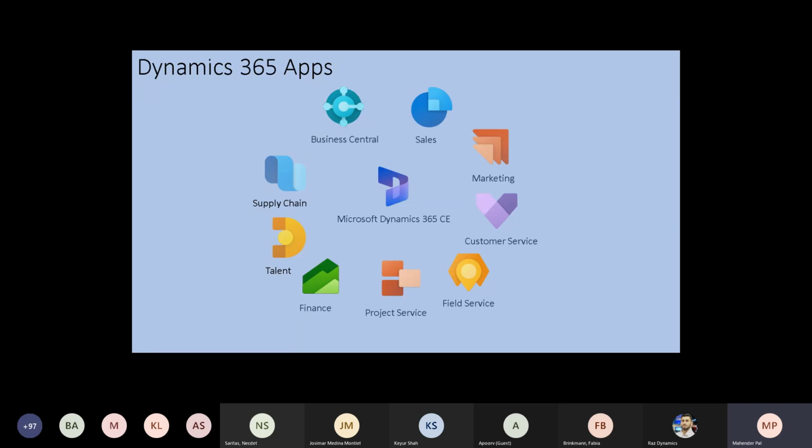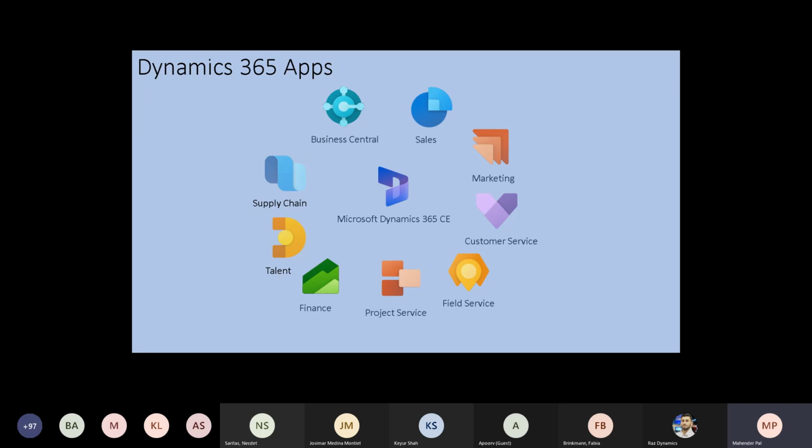And all of these apps that we have are easily integratable. We can easily integrate them with one another. Some of them provide out of the box integration, some you need to have some kind of connector, or you need to build some custom solutions, or you can utilize existing apps in the market to